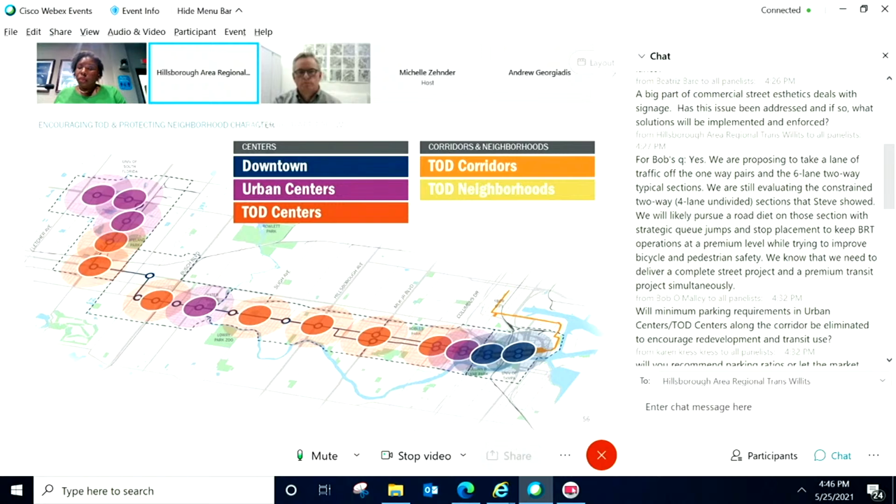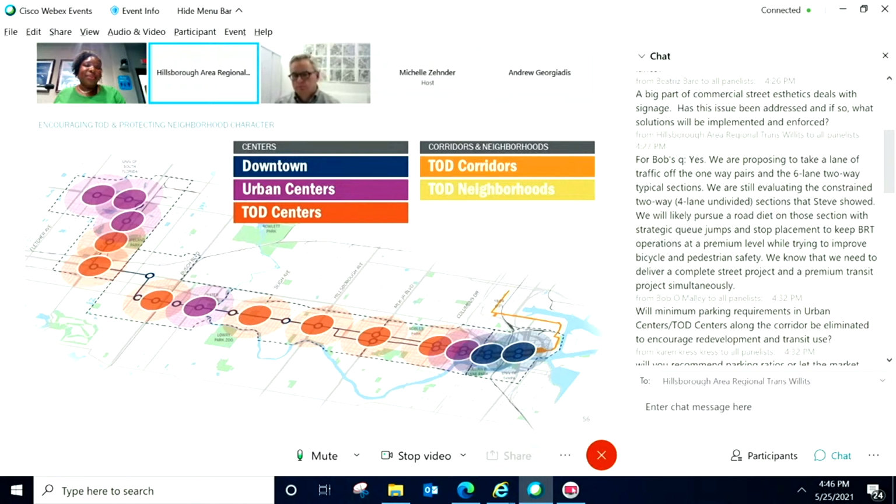We know that those sidewalks are totally inhospitable. You have to actually dodge side view mirrors. I was on one of them last week. It was not pleasant. But we know that potentially a 4-to-3 conversion to give a little bit more buffer space to the sidewalks may be the better interim condition to make it a little more transit friendly. But we're going to have to balance those needs with the speed of operation for the BRT.